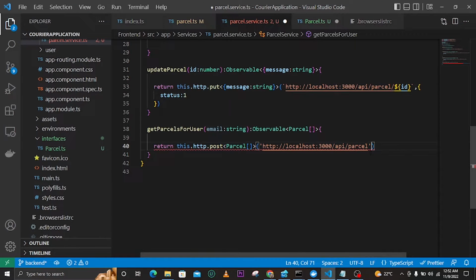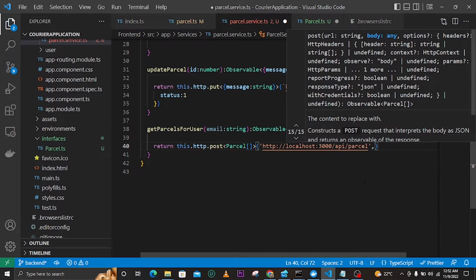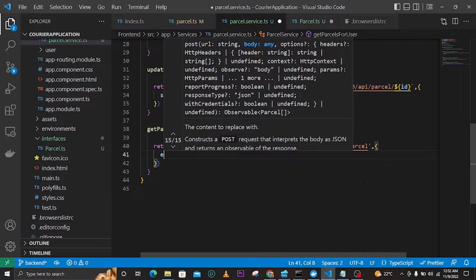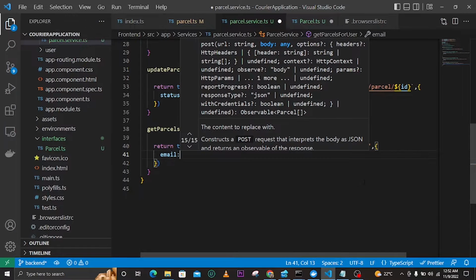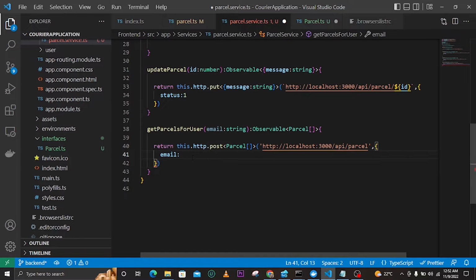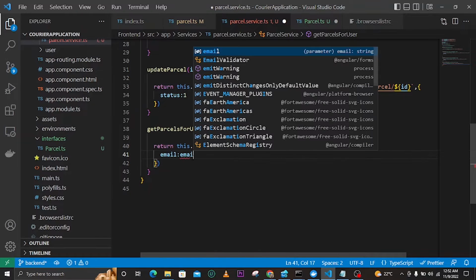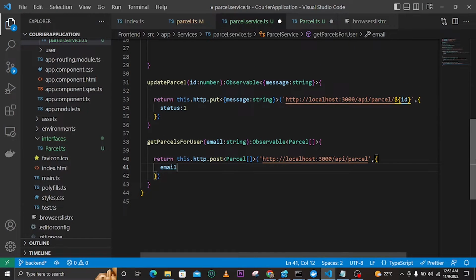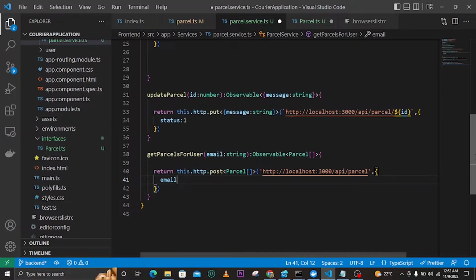So you should come here after the endpoint, and now you can give this object. This object should contain the email, and email should be email, or you can just leave it like that, because from ES6 you can do just like that. So now that's all I wanted, but here we need to get a correct